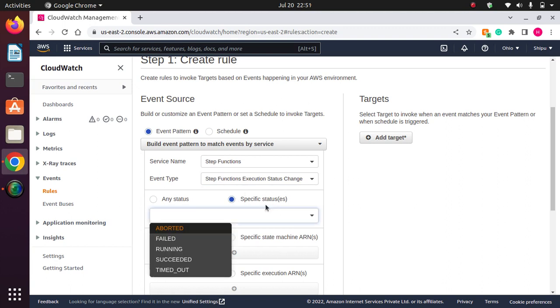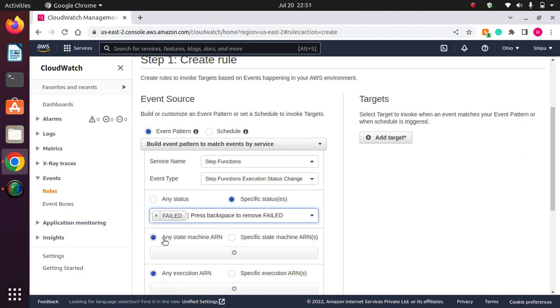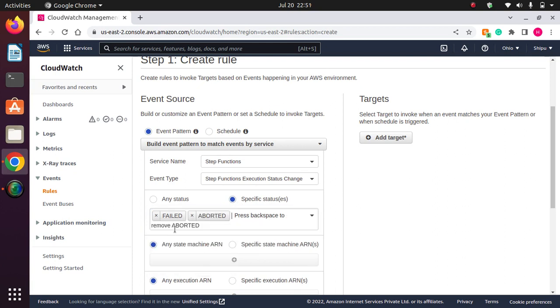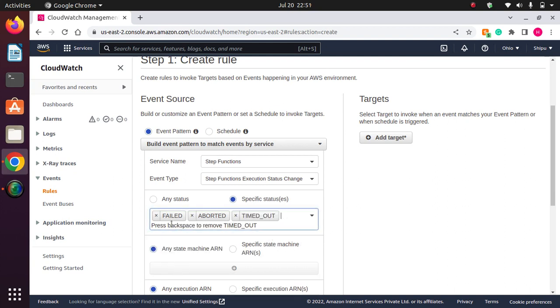Okay, I want some specific status. If you want any status, that is also fine, but let us say I choose specific ones: failed, aborted, and timed out. Okay, so if any one of these three